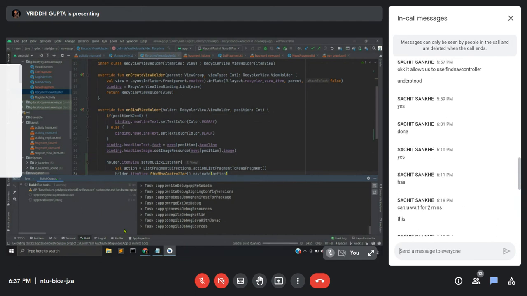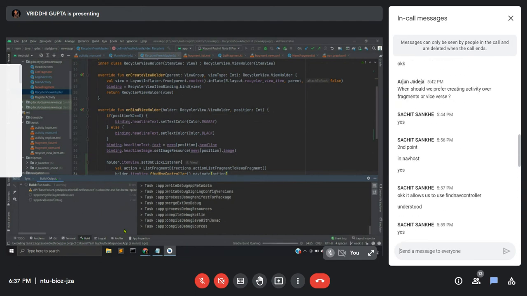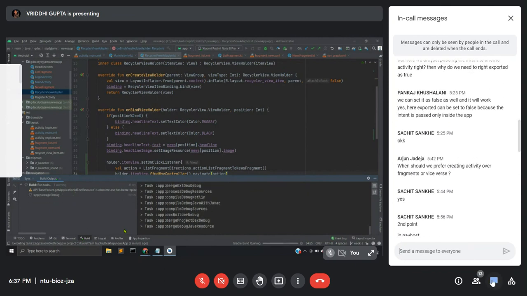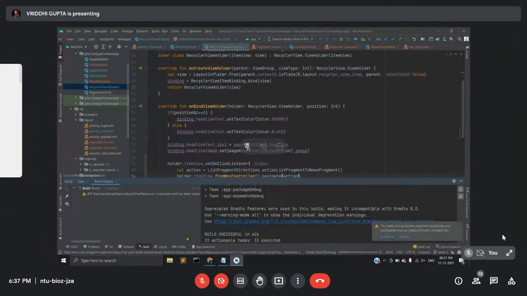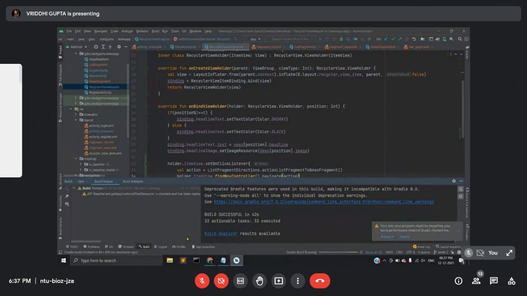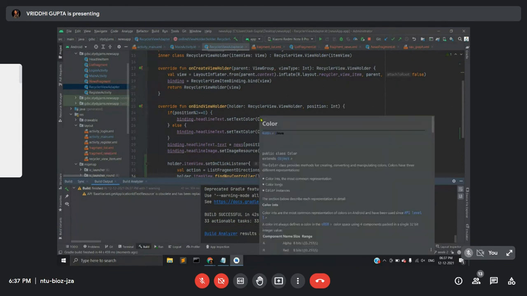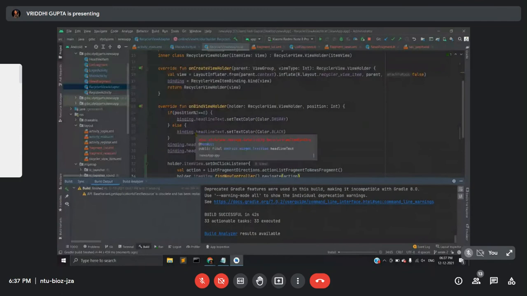Let's see. Okay. Great. So I was able to run this successfully on my device. Now it has actually installed as well on my device. So I'll share my screen and show you.